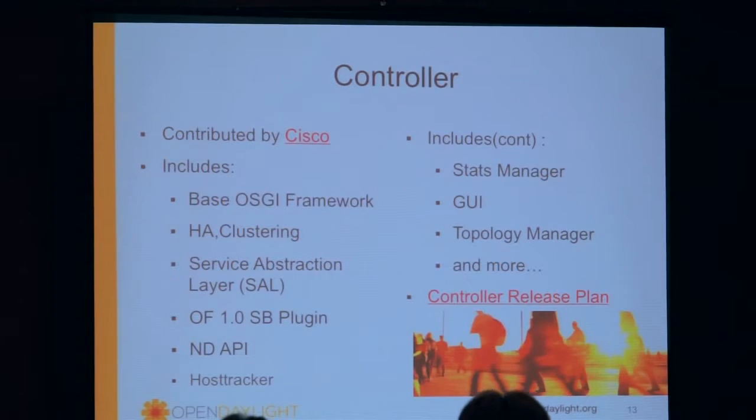So at the core you have the controller. This was originally contributed by Cisco. It has many different components: the software abstraction layer, there's a GUI, various network services like topology management and statistics management. There's HA clustering, etc. You'll note I've got a link in here for each of them. Every project has its own release plan that has to line up in milestones with the simultaneous release, and that informs every other project what it expects to have done and when, so that we can flock together effectively as a community.